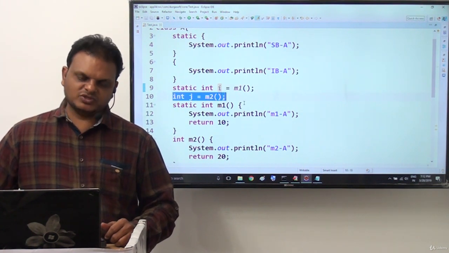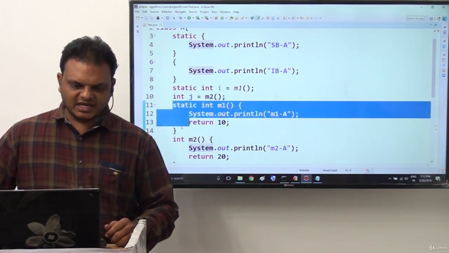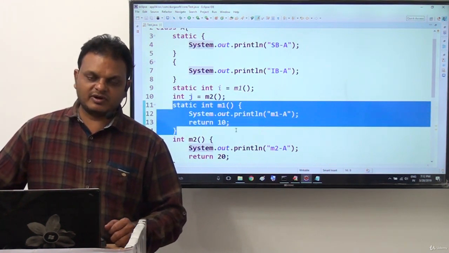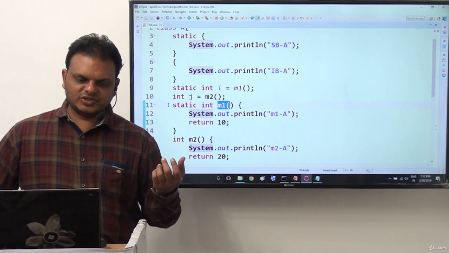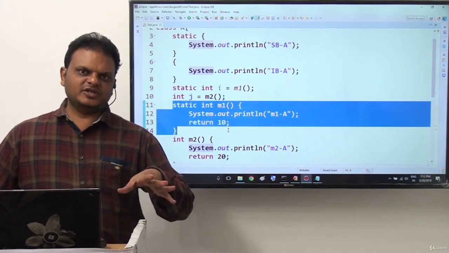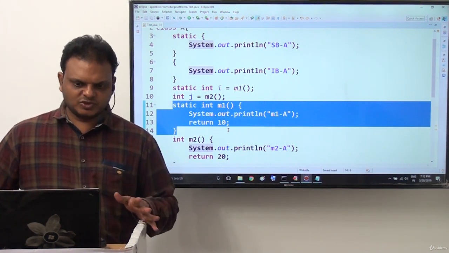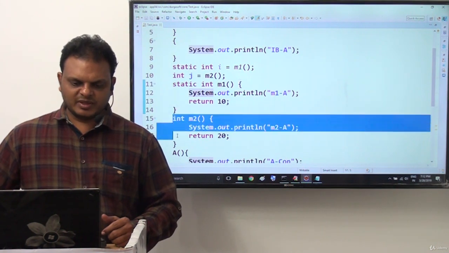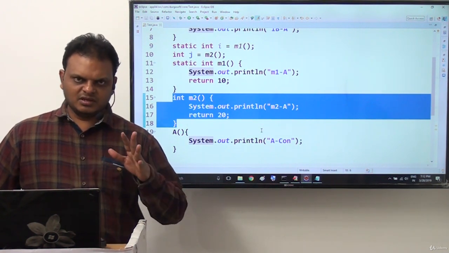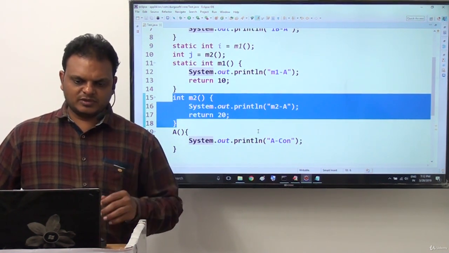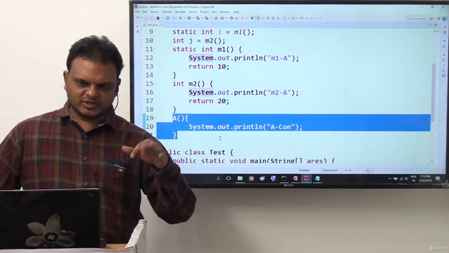Next one is instance variable. Instance variable is not eligible at the load time of the respective class. Leave it. Next one is static method. Static method is eligible, but it requires a method call. Previously a static method call was identified, so it was executed. But this time JVM encounters a static method definition directly, not a static method call. If a method call is not identified, the static method is not going to be executed. Just leave it. Next one is instance method. Instance method is not eligible while loading the respective class bytecode; it is not at all eligible to execute at load time. Next we get the constructor. Constructor is also not eligible at loading the respective class bytecode.